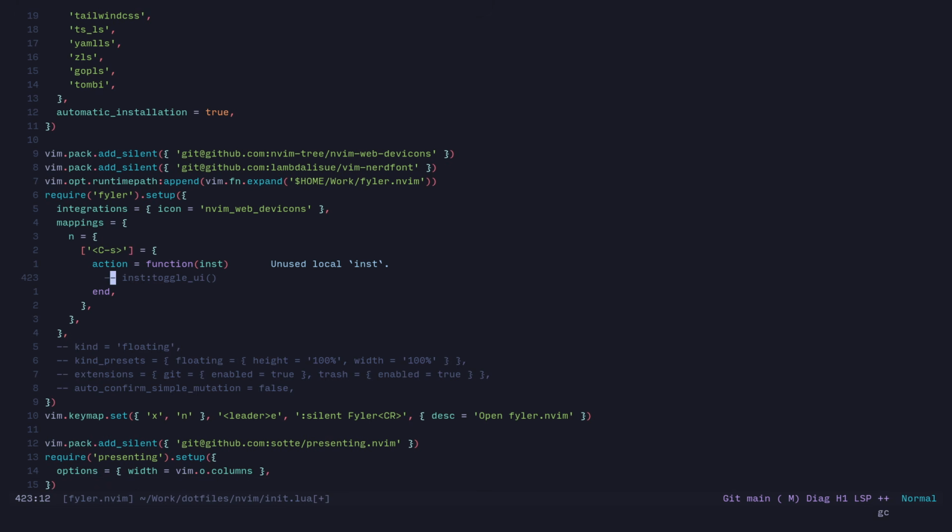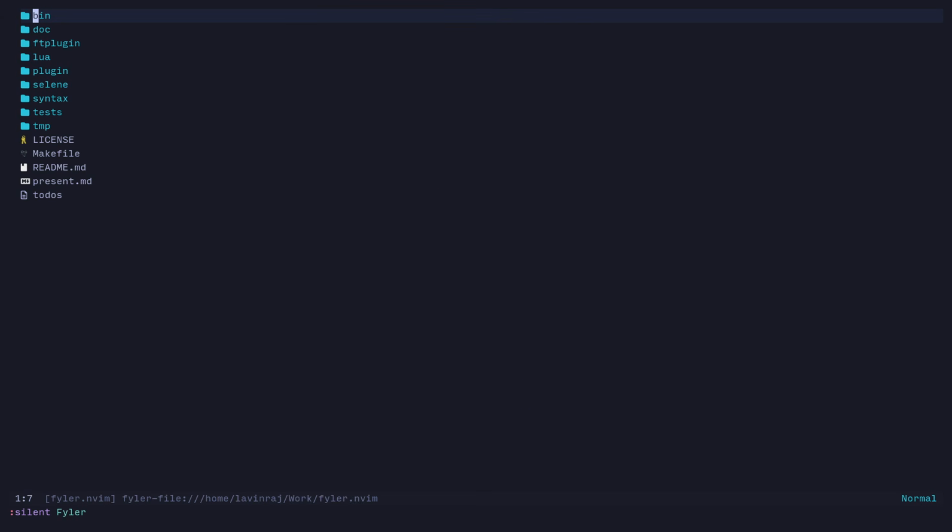You can just simply call that action directly from the instance. So if I want to toggle hidden files, so let's say dot files, I can do that here. So if I refresh it and go here, if I press Control S,